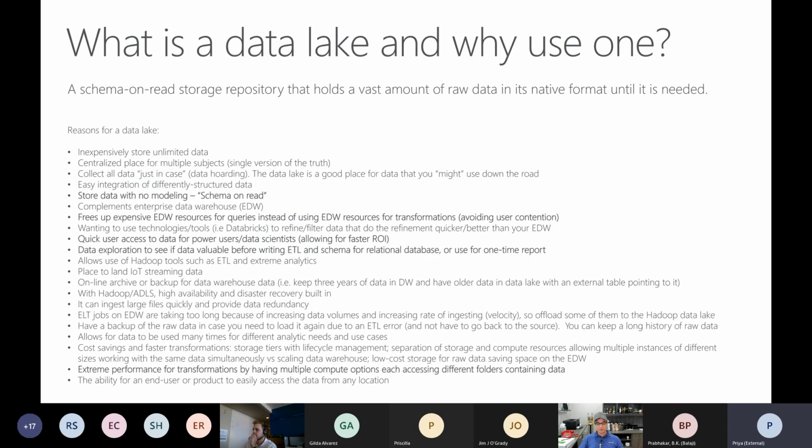So why use a data lake? I will say this slide's grown over the years. I'm not going to go through all of these, but a data lake is pretty much what everybody's doing now, especially the larger customers that I deal with. And the idea at the very least is if you're using a relational database now